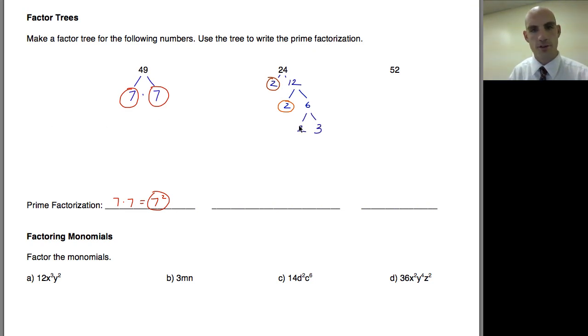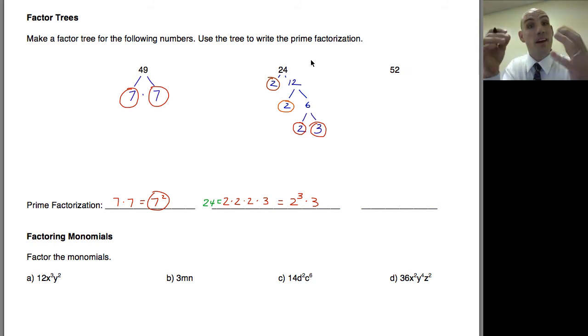And I know that both 2 and 3 are prime numbers because they only have factors of 1 and themselves. So the prime factorization is going to be 2 times 2 times 2 times 3, which is 2 to the third times 3. That's the prime factorization of 24. So if you want to, you can write 24 equals. Okay? I'd like for you to try 52 on your own. If you don't know what goes into a number, pick 2, because if 2 works, you can just keep splitting